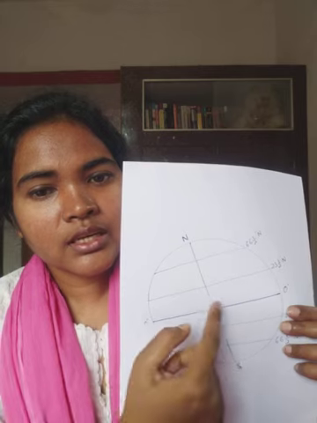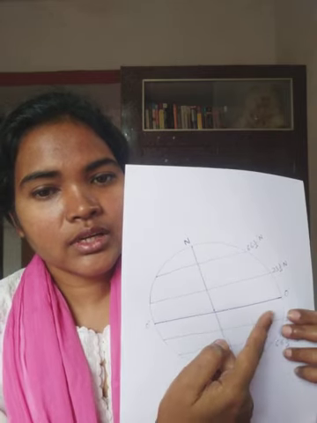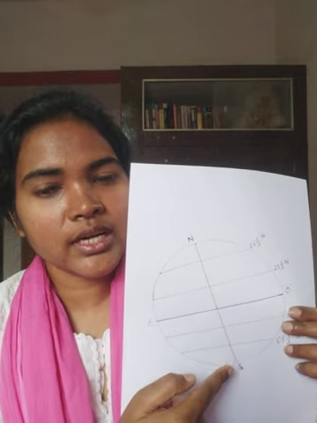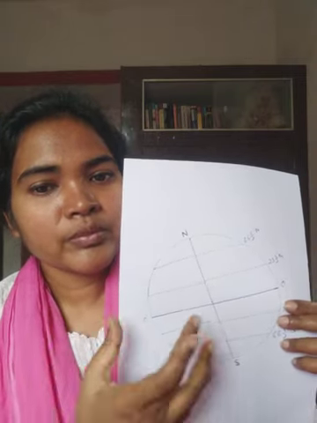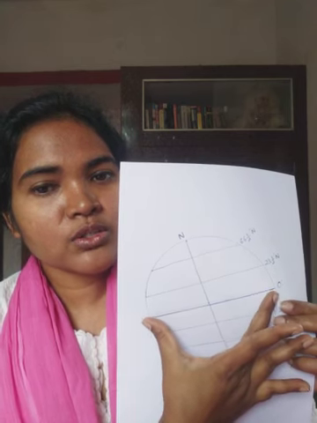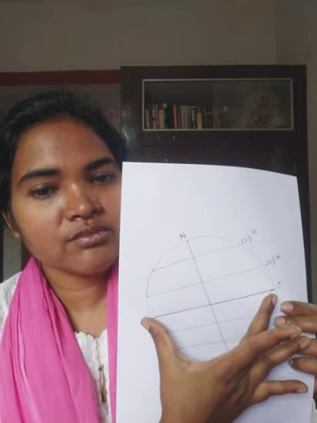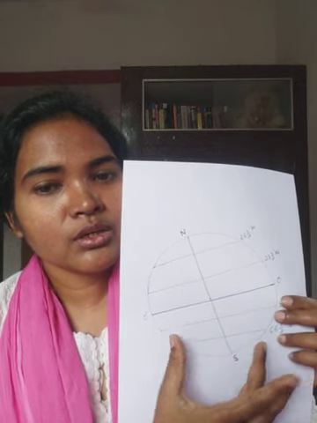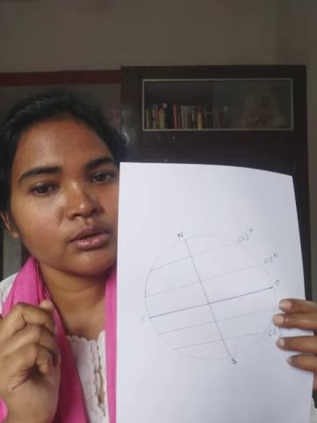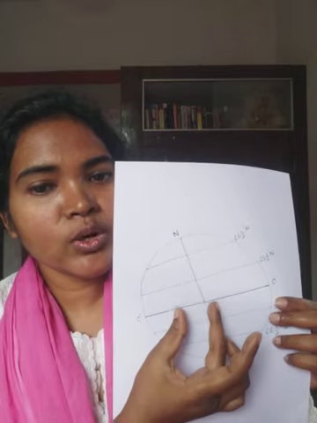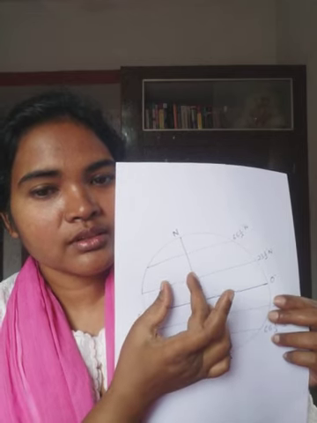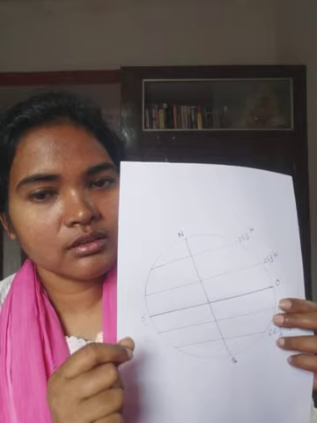How? You see, this circle of latitude is bigger than any other circle of latitudes. So this part also takes 24 hours to complete one full rotation, and these parts too take 24 hours to complete one full rotation. So that means in 1 hour equatorial part moves faster than other parts of the earth.